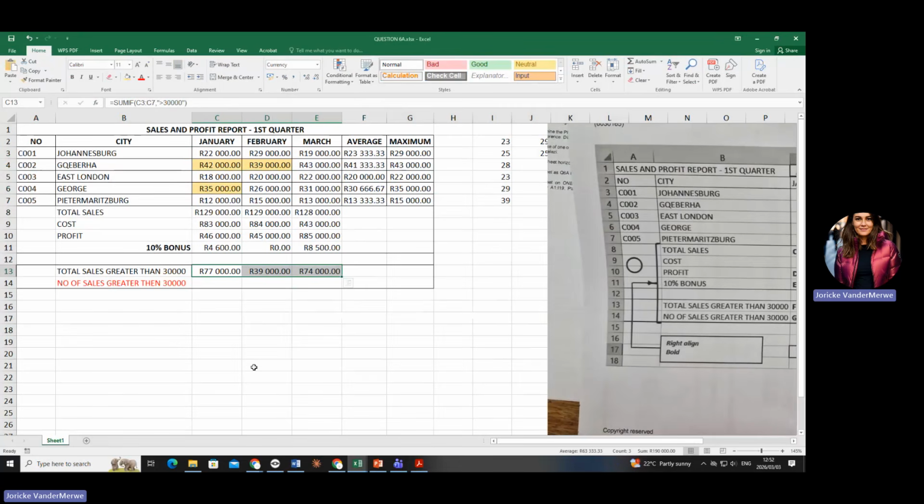Okay, now I love this question paper and that's why I chose this specific one, because it shows you the difference between a SUMIF, a normal IF, and a COUNTIF. And that's basically how difficult it's going to become in Excel N4 and N5. Okay, so we've done an IF, we've done a SUMIF. Now we are going to do a COUNTIF.